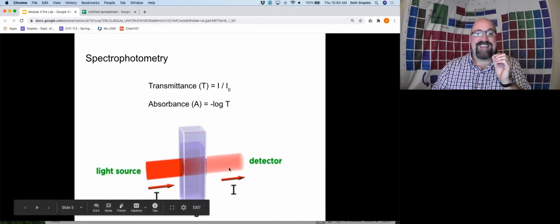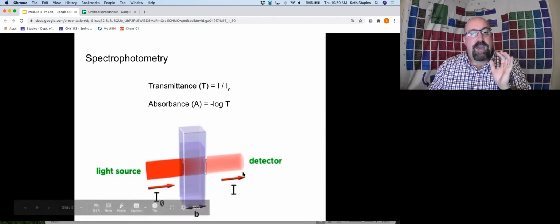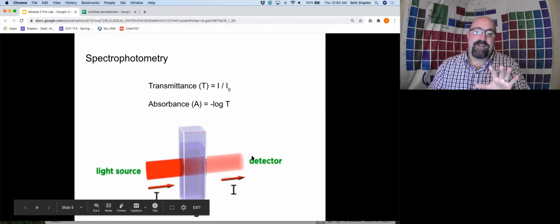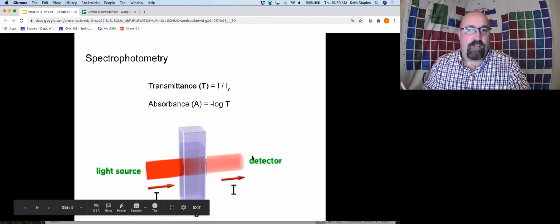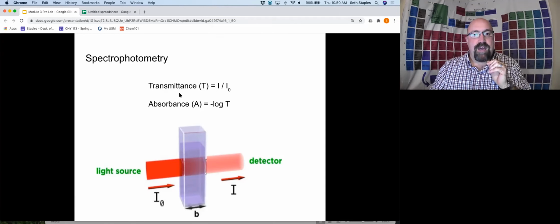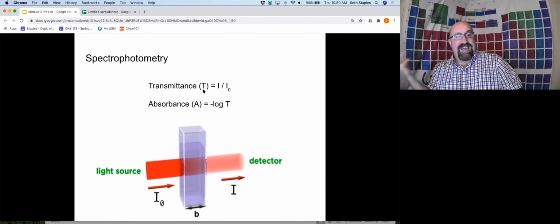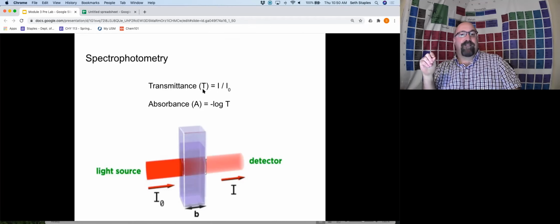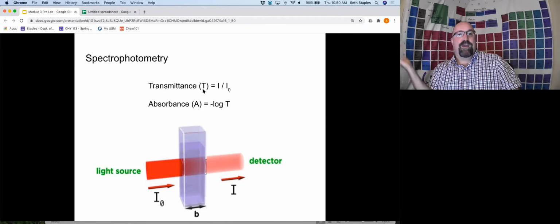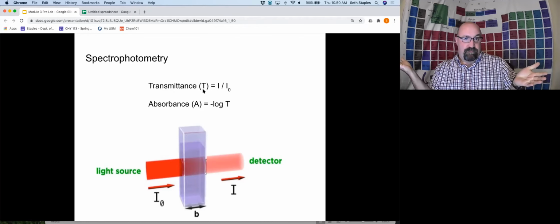And so then we're able to detect the amount of light that does actually make its way through. And using that, and this is not something that we'll have to calculate, this is all done internally with the software, we can then calculate what we call the transmittance, capital T, which is simply a ratio of those two numbers. It's a ratio of how much light is actually seen versus how much light actually passed through. And so if only half of the light actually makes it through, then we get a transmittance of 50%,